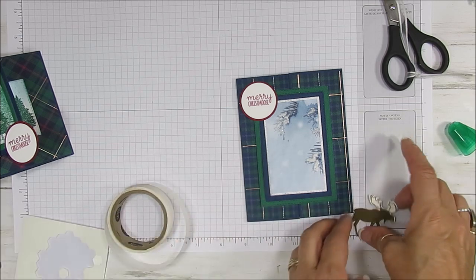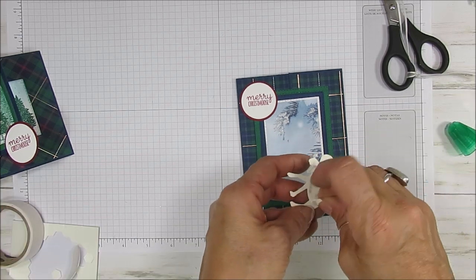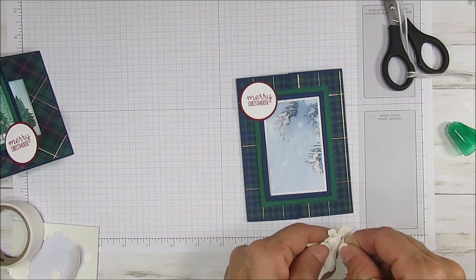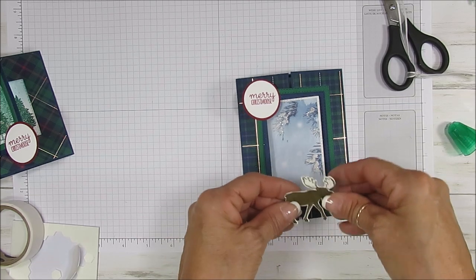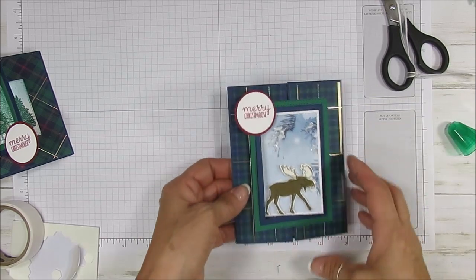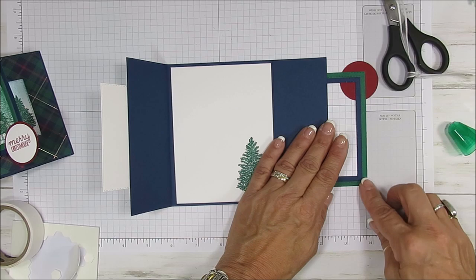Now my brain is going wild here. I'm thinking what I'm going to put inside, because I got my greeting at the top. I didn't want to put it at the bottom because I got my mousse at the bottom. So I'm thinking what I'm going to put inside to keep my framing together. Here we go. Put that right there. So for the bottom here, to keep my frame together,